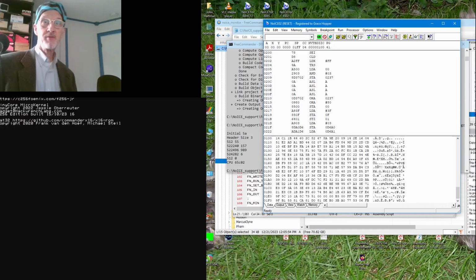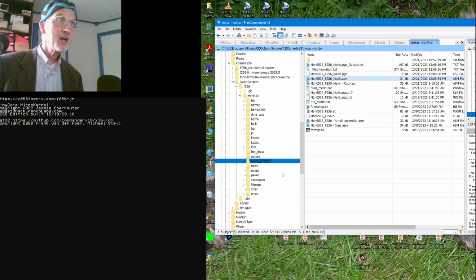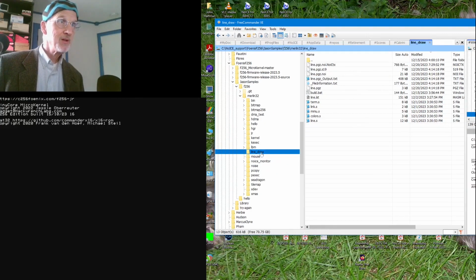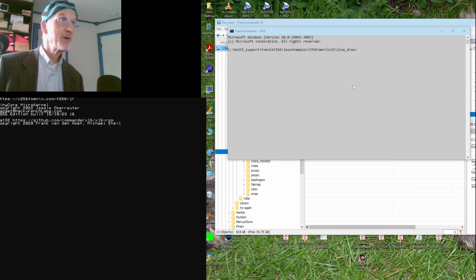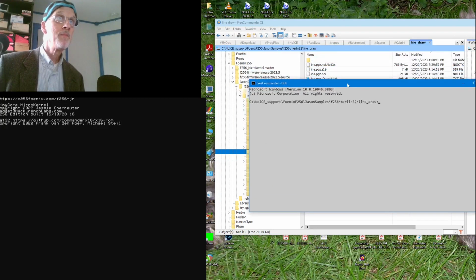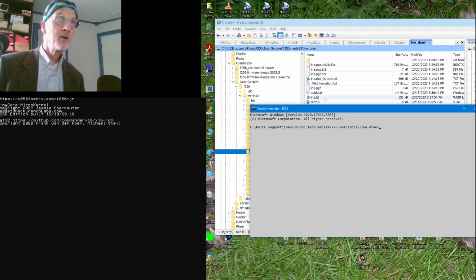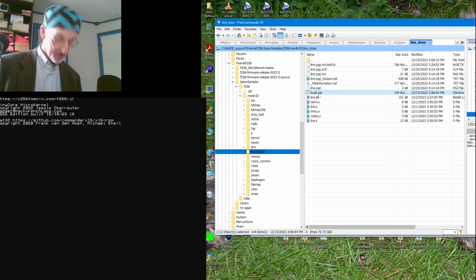So let's look at some of the sample code that you sent, and let's just do that. Line draw seemed to be a pretty decent one. So we've got your line draw. I'll get rid of one of these so I don't confuse myself as to where we are. And you had a build batch file,